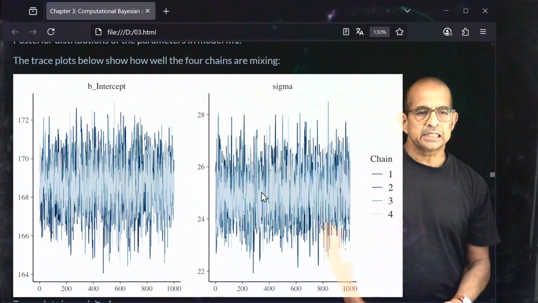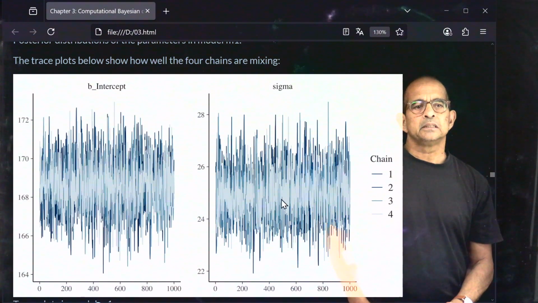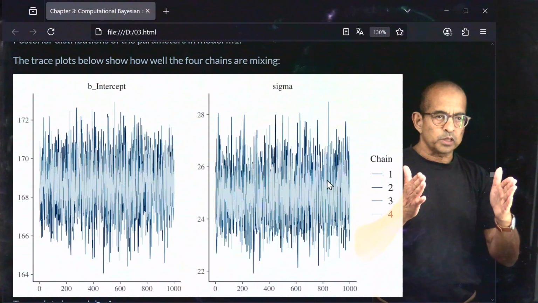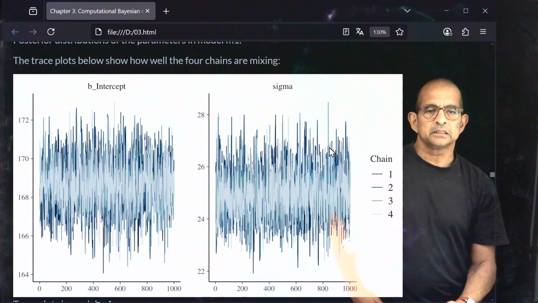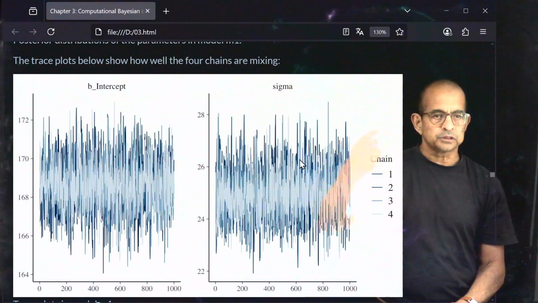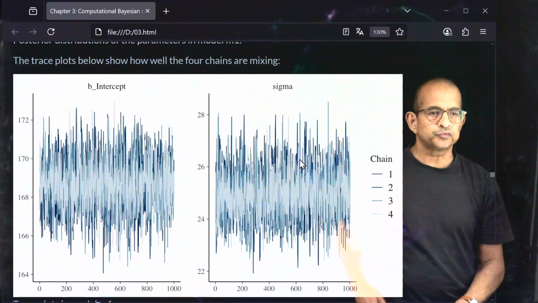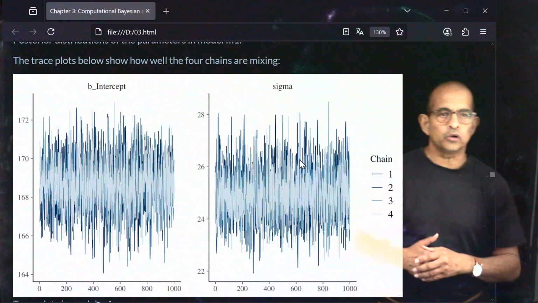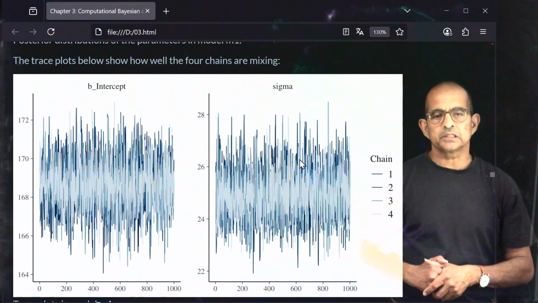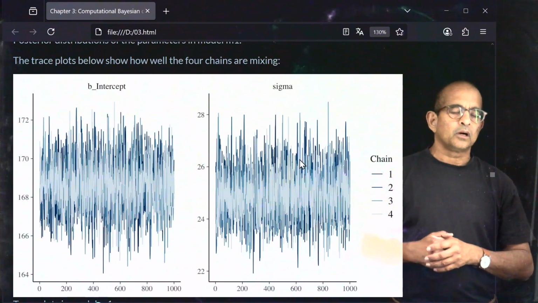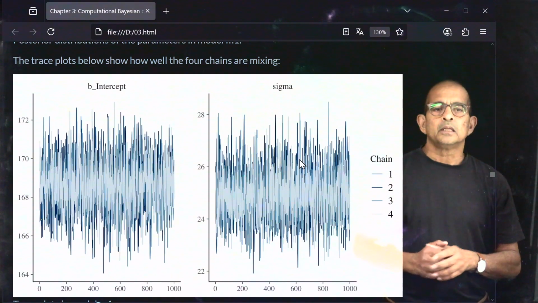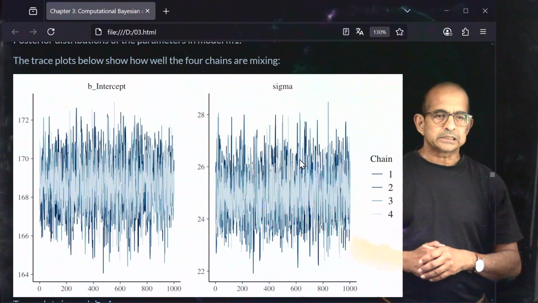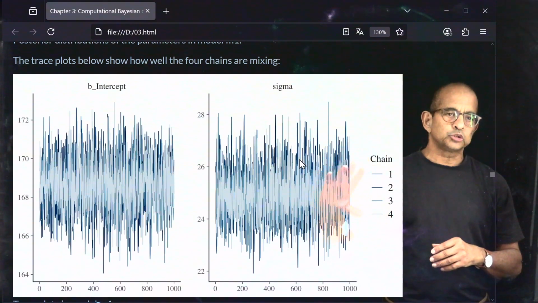Similarly, you see the same type of pattern for the sigma parameter. 4 chains sitting on top of each other, a total of 1000 iterations each, and the sum of those, 4 times 1000, is of course 4000 iterations. So that's how we end up with 4000 samples by default, unless you change that specification in brm or in the Stan code. So this kind of plot is called a trace plot, and it's intended to show that the